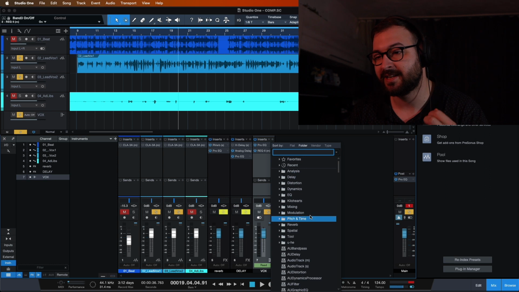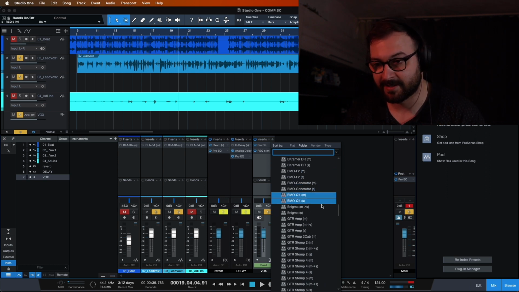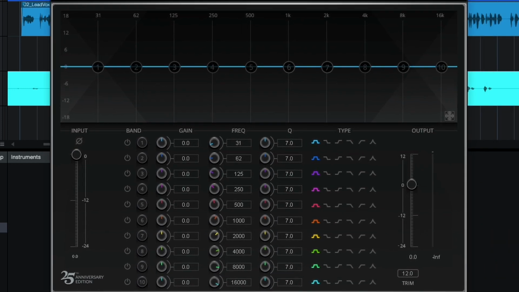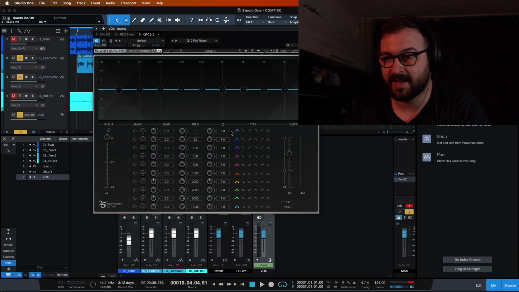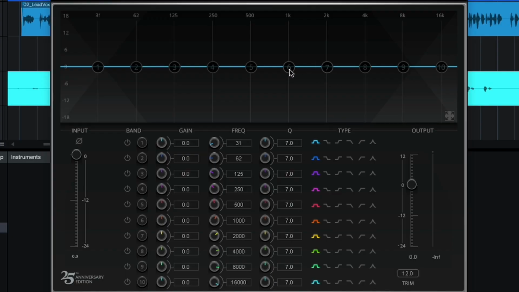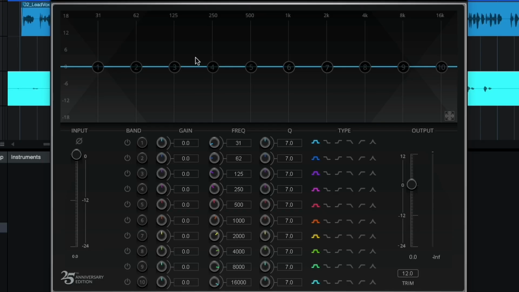For the 3rd EQ, this will be the most meticulous one, because we want to get rid of as many unwanted frequencies as we can. And for this, I need to use something which has a lot of bands. Yeah, Q10 will do. And as you can see, I have 10 bands here, and I can give them any shape that I want. Normally, when I reduce unwanted frequencies, I mainly walk around here between 1 and 8K. Sometimes I go even near around 125 to 50, maybe 300, something like that. I also apply a reduction here at around 40 to 30.